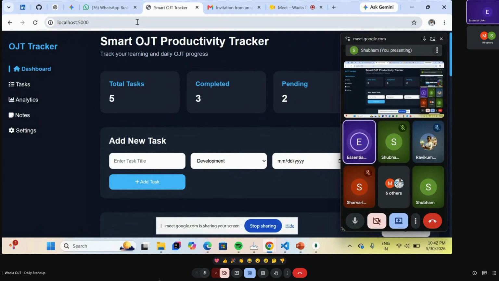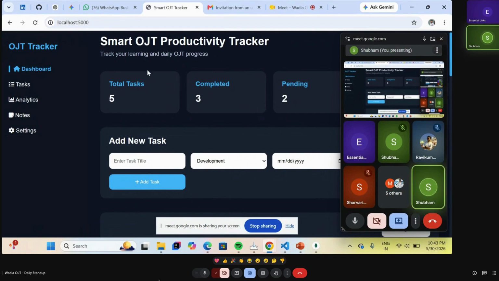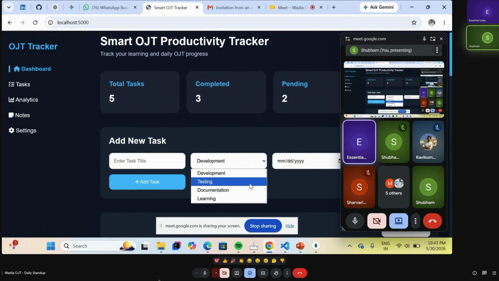Yes, sir. So currently there are 5 total tasks, 3 completed tasks, 2 pending, and 60% is the productivity rate. Below that, the user can add a new task by entering the task name, the category name like documentation or learning, and the date.